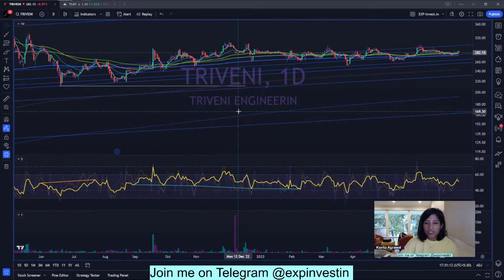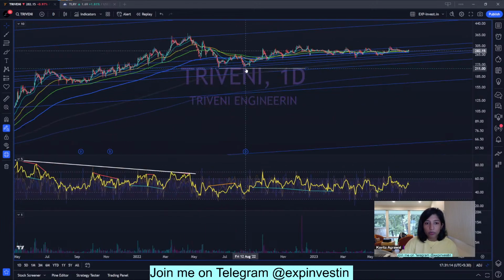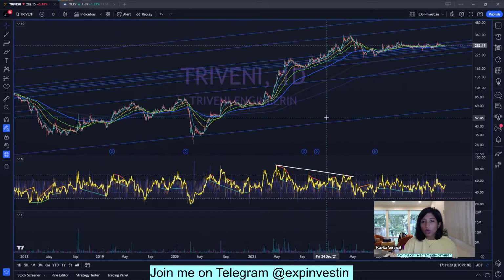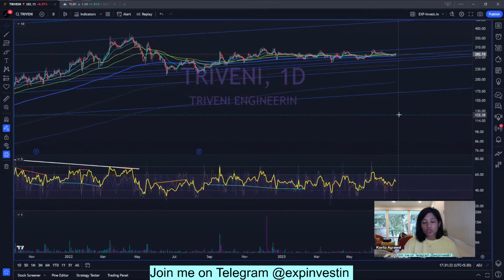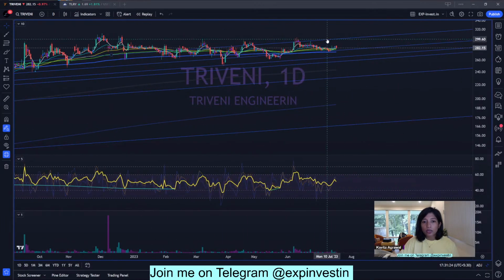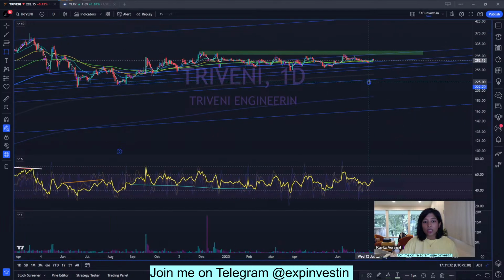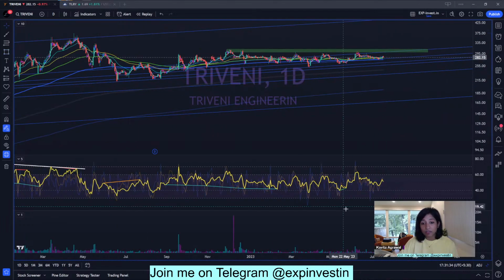So Triveni Engineering is personally to me not looking very well set for a bullish momentum right now. I would not recommend you to make a fresh position. If the stock does give a strong move above this resistance zone of 315, so basically if the stock gives a breakout above the level of 315 with strong volumes, I will definitely